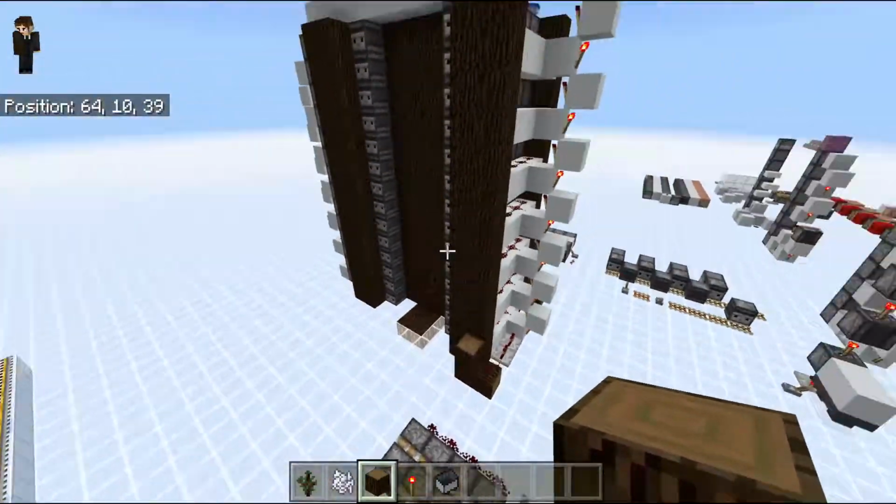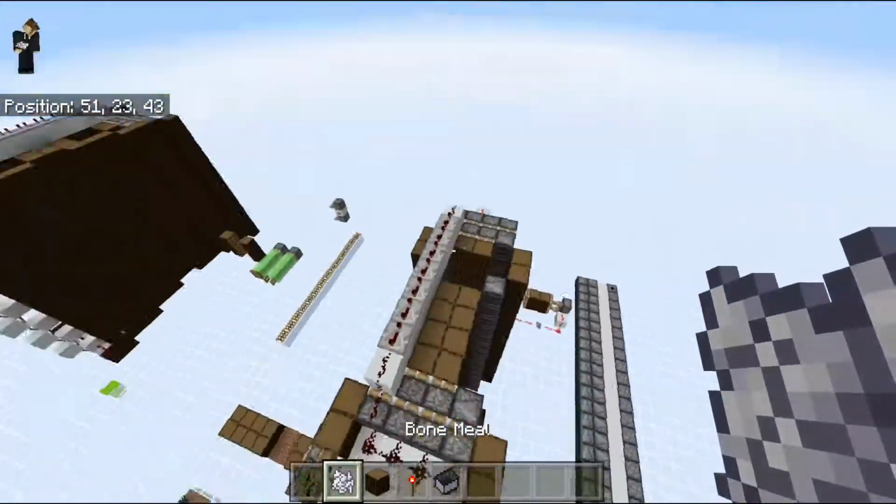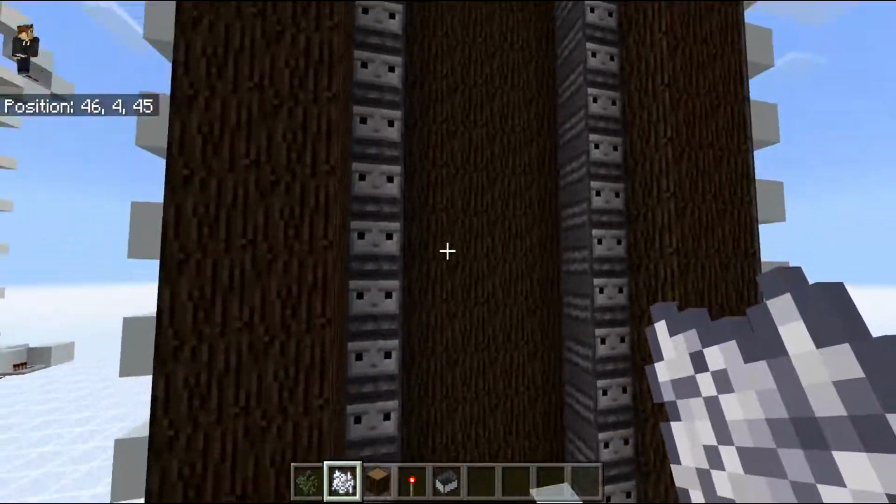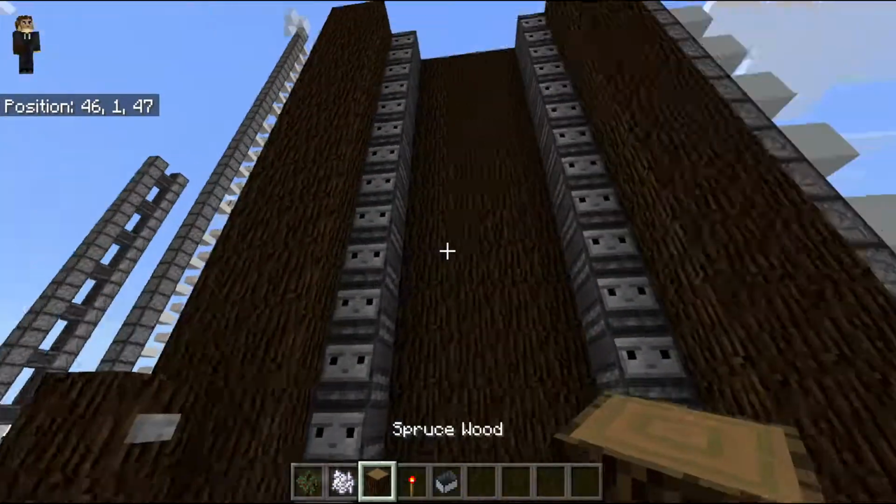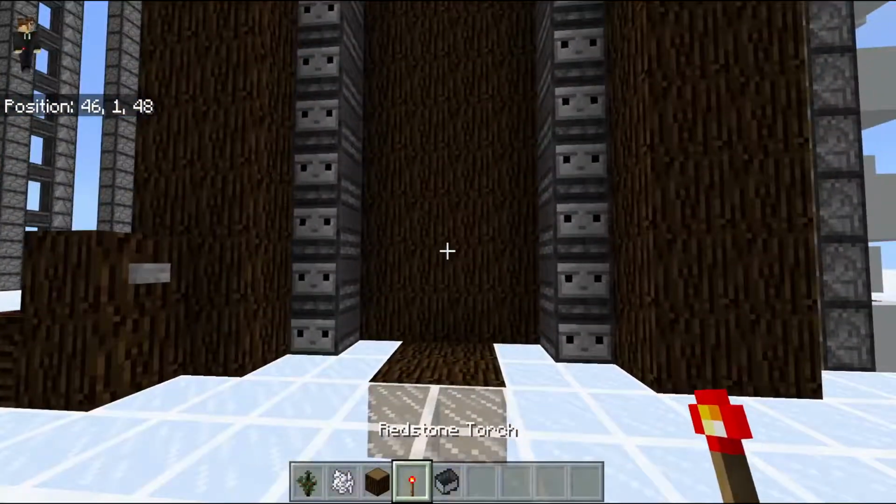So for the lack of being able to make a 2x2 tree farm, what we can do, for example, is we have this funky door. And I know before you say something, yes,